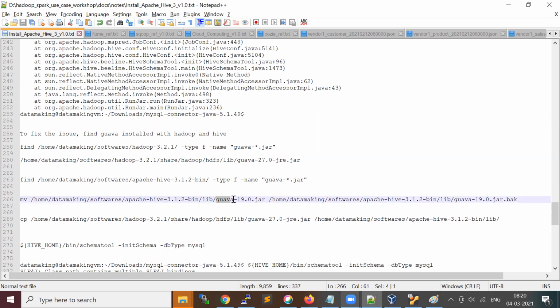This jar has an older version, and we can bring the newer one from our Hadoop installation. Hadoop installation has, I think, Guava version 27. So we'll bring that jar.